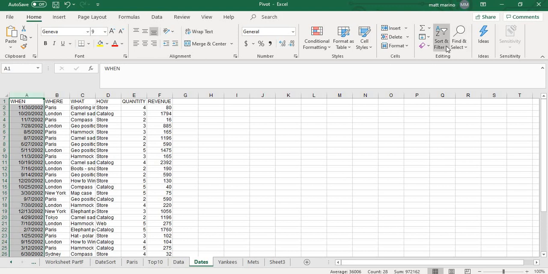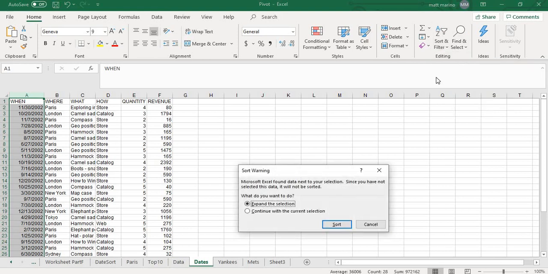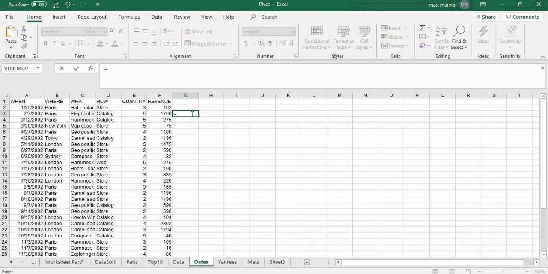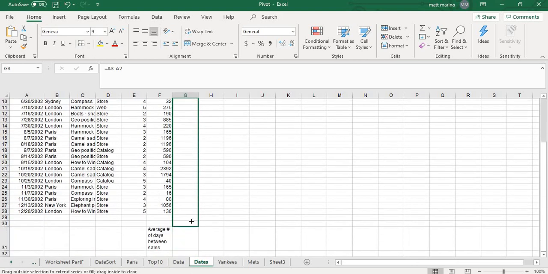So we highlight column A, sort and filter, oldest to newest, we click sort when given our warning. We then click in a cell G3 to calculate the differences in days. We do equals A3 minus A2, and we notice there's 13 days between January 25th and February 7th, 2002. We autofill this formula down,